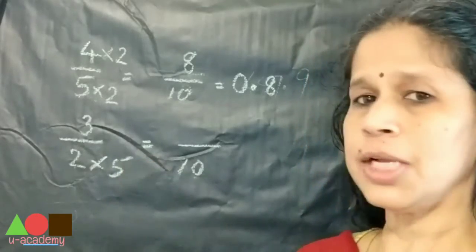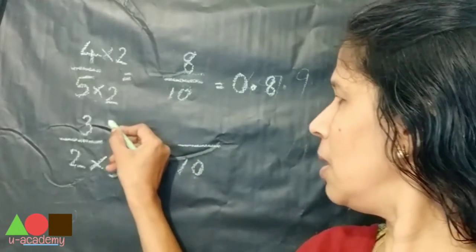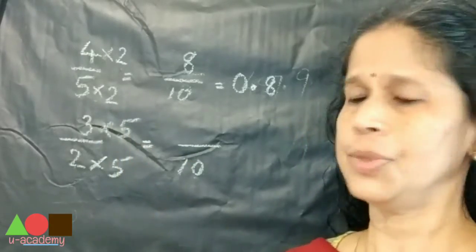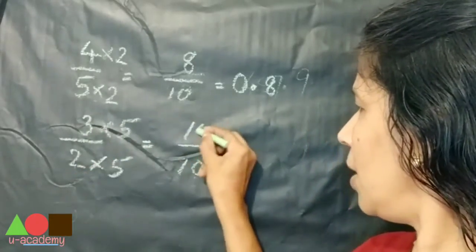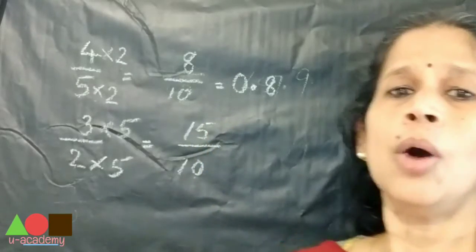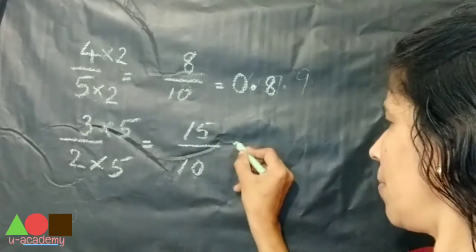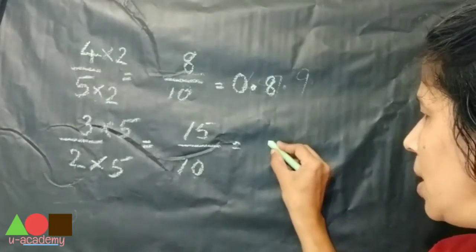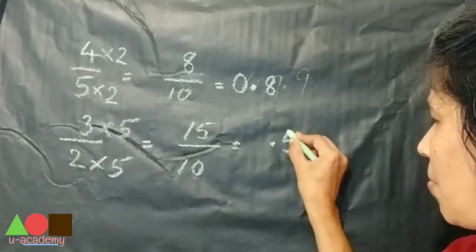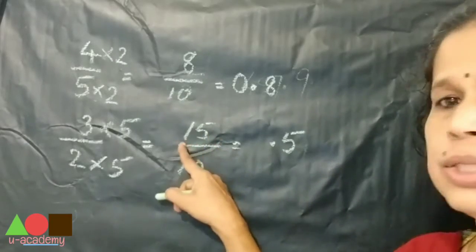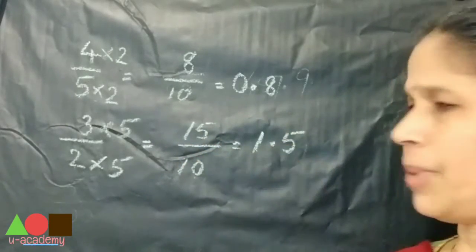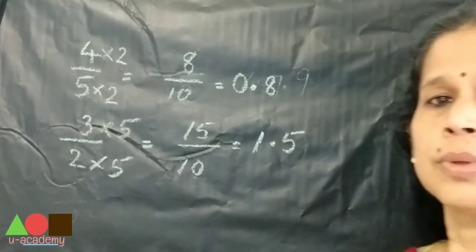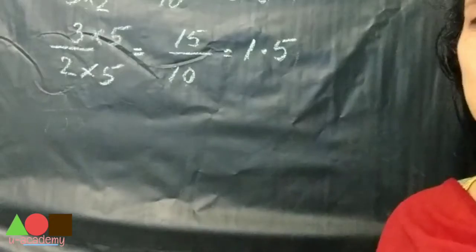To get the equivalent fraction, we multiply the numerator also by 5. So 3 5s are 15. Now we know how to change this to a decimal number. As there is 1 zero, 1 decimal place, that is the fractional part, will come, and the remaining digit will come as the whole number part. Understood? Let us see one more example.